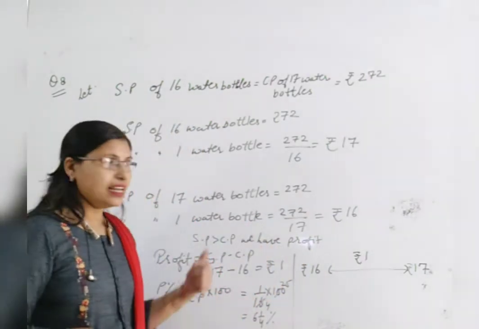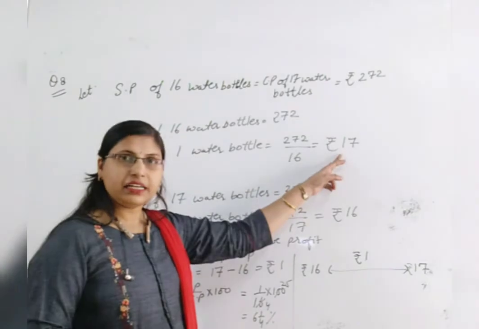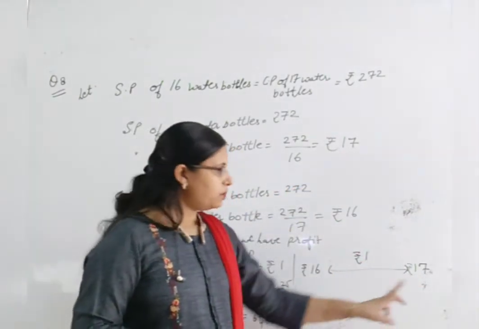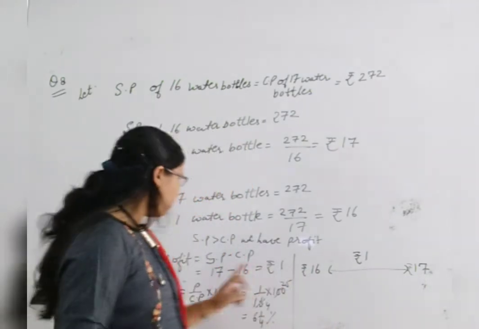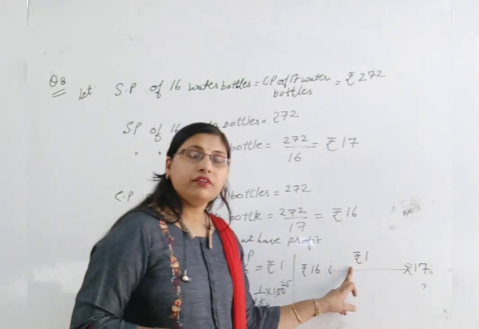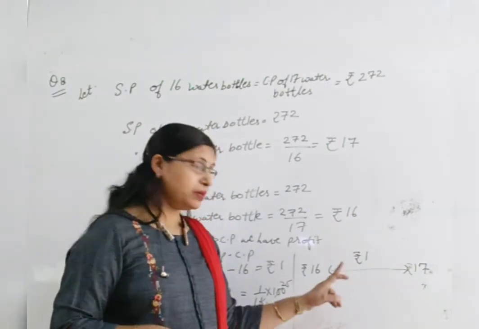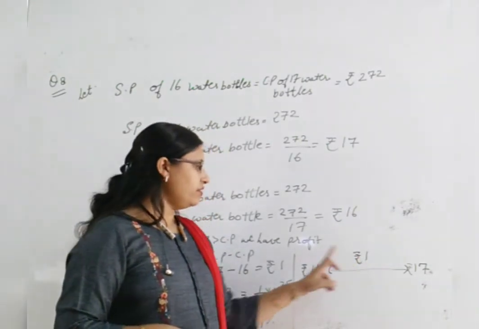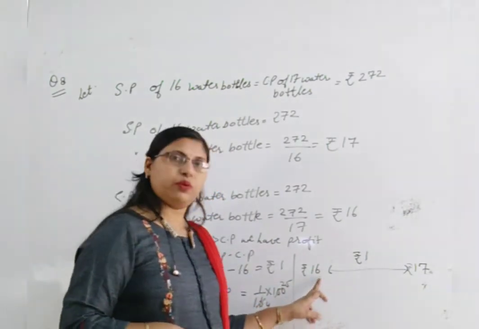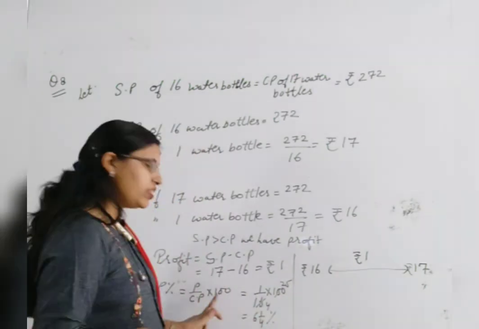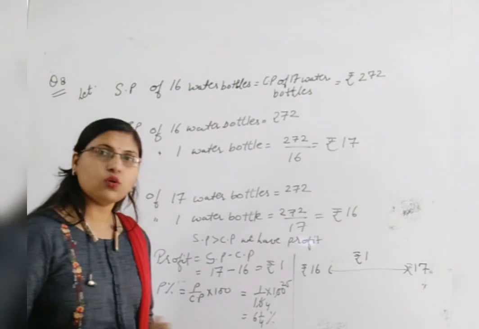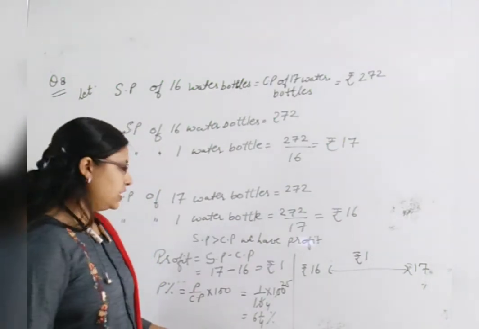अब प्रॉफिट कैसे निकालेंगे, which is greater? SP is greater because SP is 17, CP is 16. So we have profit. प्रॉफिट कैसे निकालेंगे, दोनों को माइनस करके, तो SP minus CP we have got 1. अब 1 तो वैल्यू फॉर्म है, we have to find out in percentage form. तो परसेंटेज में क्या करते हैं, this value divided by this value into 100. So what is this profit? This is CP. So profit divided by CP multiplied by 100. So when we will calculate, we will get the answer 6 whole 1/4%. Clear everyone?